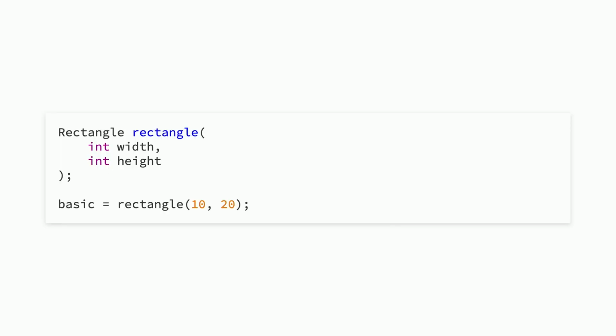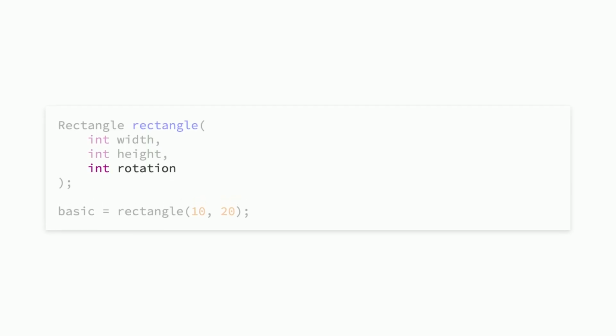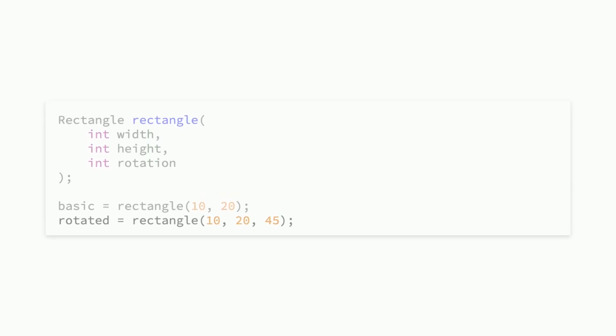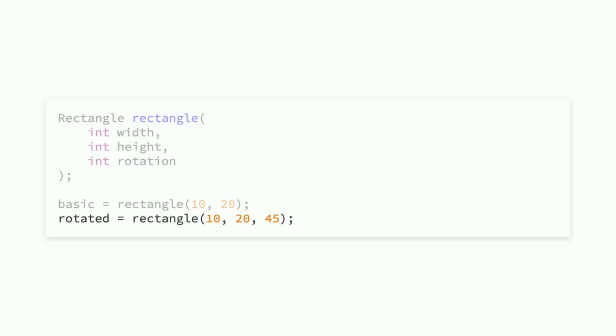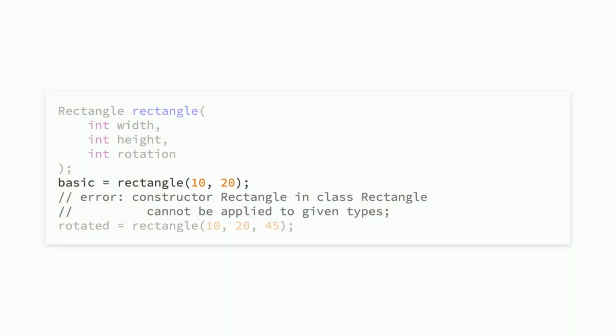But let's say that a basic rectangle isn't good enough, and we've been asked to create a rotated one instead. And to do so, we need to add the rotation parameter. Now we can make a rotated rectangle. But our previous function call now needs to be updated, as it will now error from not having enough arguments.